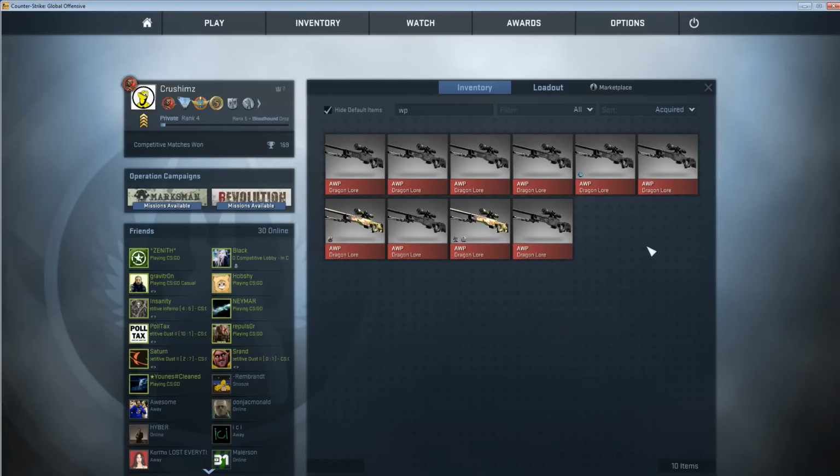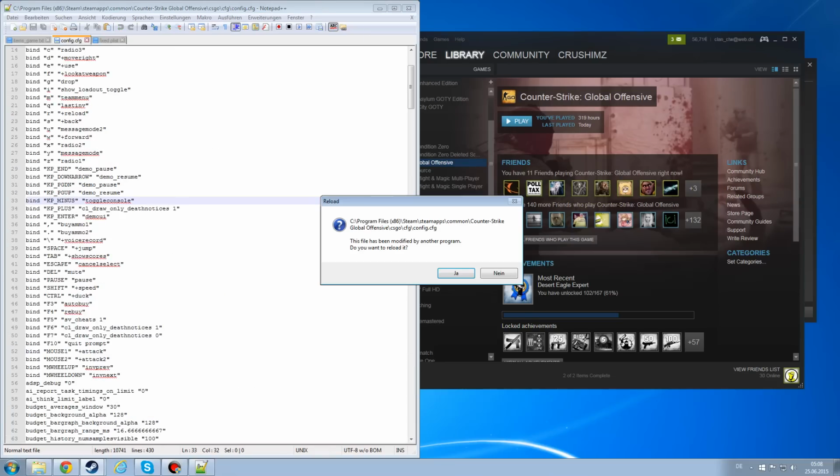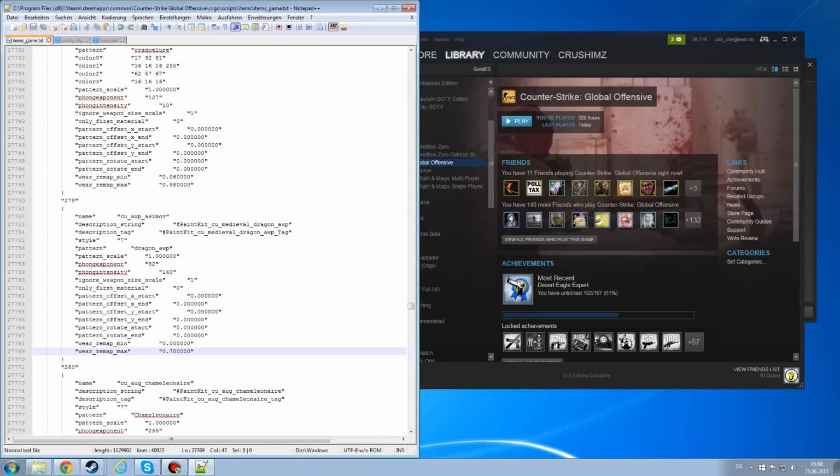Alright. Well, as you've seen, it's a really easy and really fast way to check out new weapon skins, or if you never had a Dragon Law, just want to see it in game, or own some bots with it, whatever. Just an easy way to change the textures. You can do this on community servers as well,